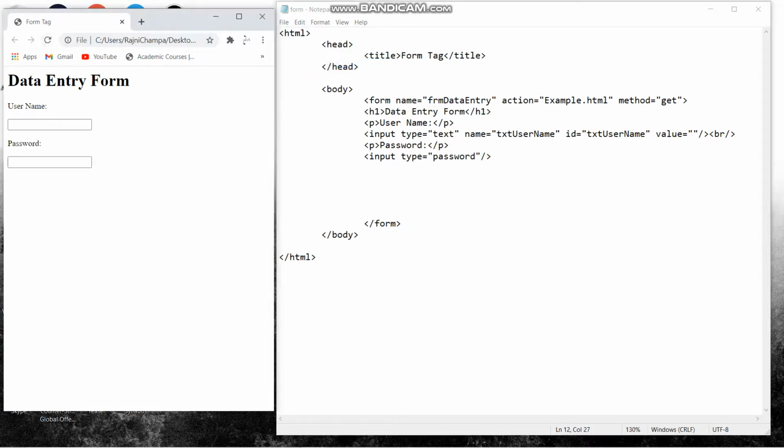Now I'm giving a name to this password, that will be pwd user, and id equals to pwd user, inverted commas close, and then value equals to. The value will always be empty because we don't want to give any value. Or I can use here placeholder